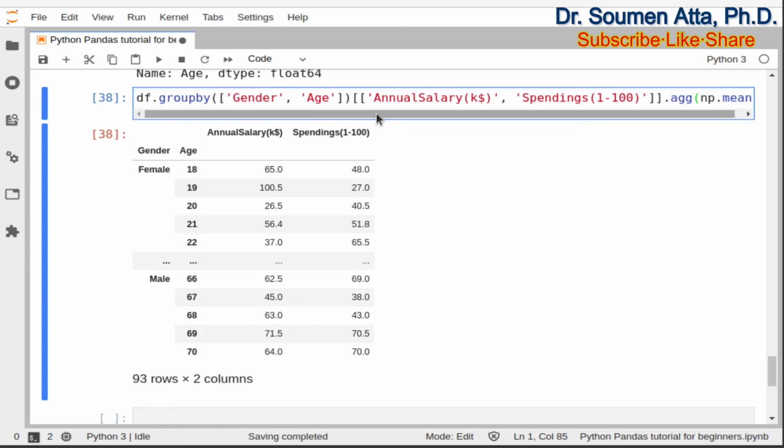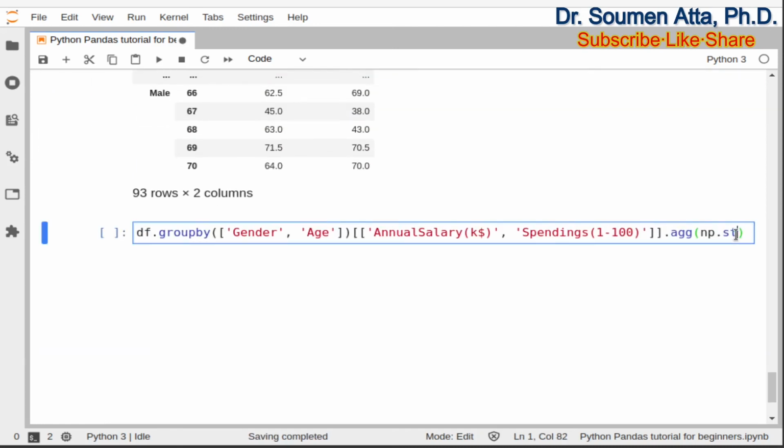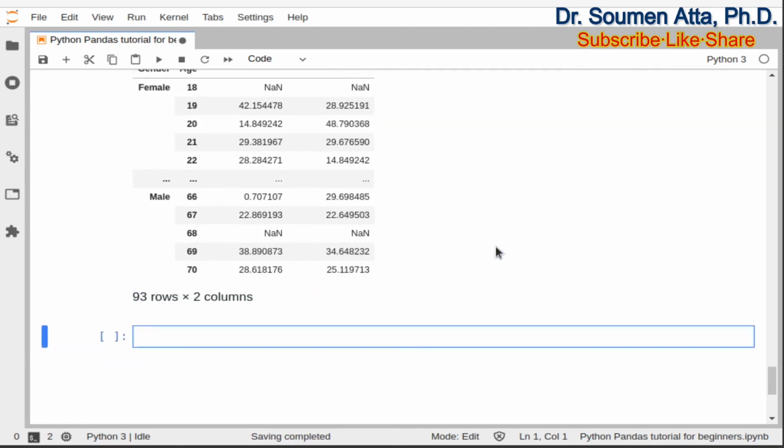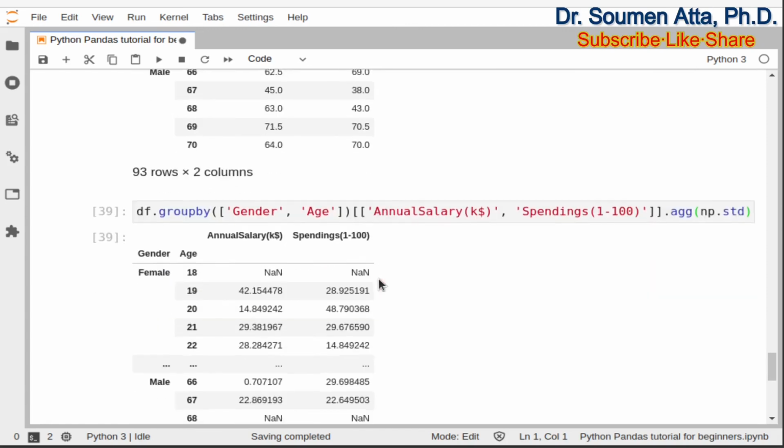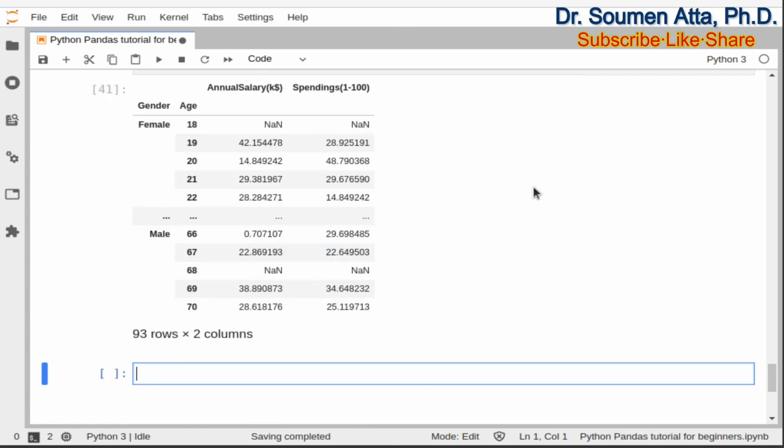After execution, it returns 93 rows where the gender is grouped under female and male, and again they are grouped under age values, and the mean of annual salary and spendings are returned. We can also use the standard deviation, std, and this will return the standard deviations of annual salary and spending columns. But in this case you are getting some nan values also.